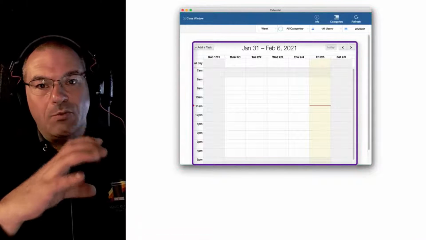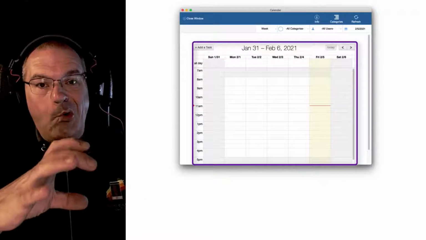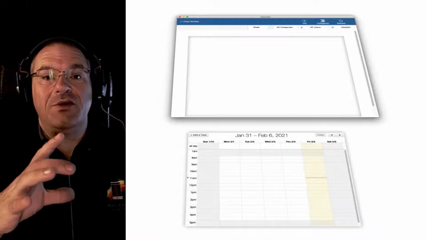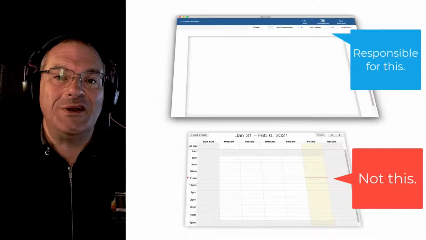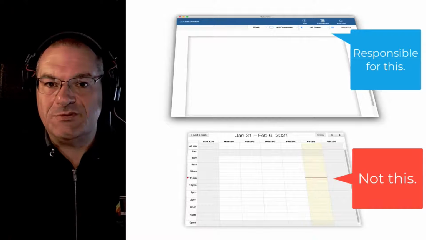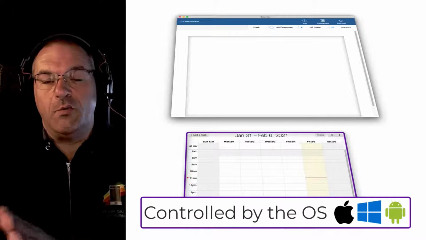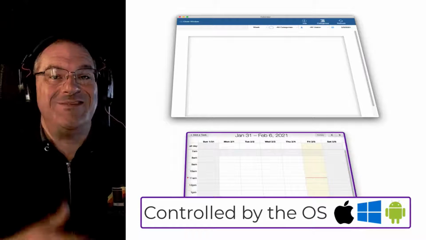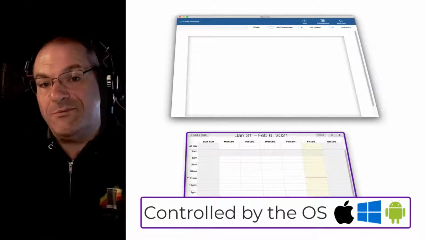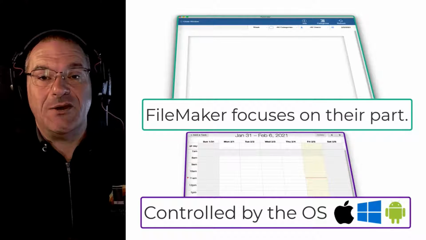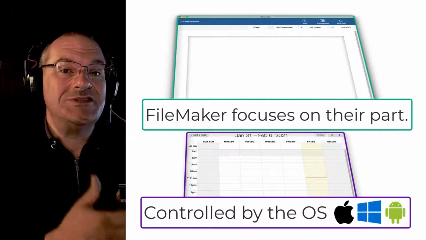However, that little web viewer is kind of like a hole through FileMaker. It's like they chopped the hole right out of the middle of the application, and then FileMaker says, I'm not responsible for anything that's in there. The operating system is responsible for it. And so that allows the web viewer to be controlled by the Mac or Windows operating system, maybe even on an Android device on WebDirect. The point is that FileMaker is busily focusing on its area, minus any web viewers that may be on the